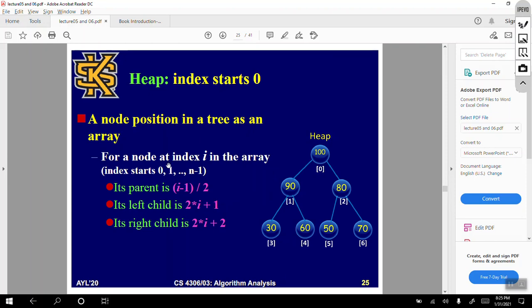So actually, should I start 1 here or here? Okay, no, I should start 0 over here. It will now go 0, and 2 is equal to 0 plus 1, so this one will be 1, and this one is 2 times 0, this one will be 2, right? Okay, so there is actually